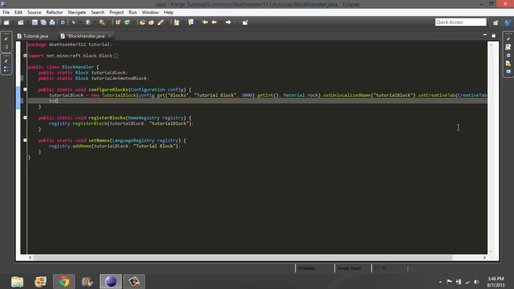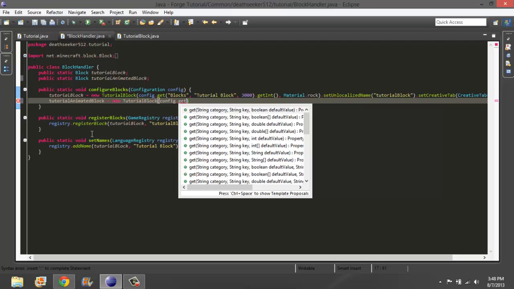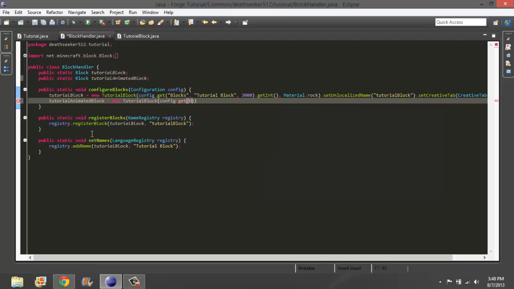So, tutorial animated block equals new, and actually let's create that class file now, equals new tutorial block, config dot get blocks, whoops, of course it's string, so, and then